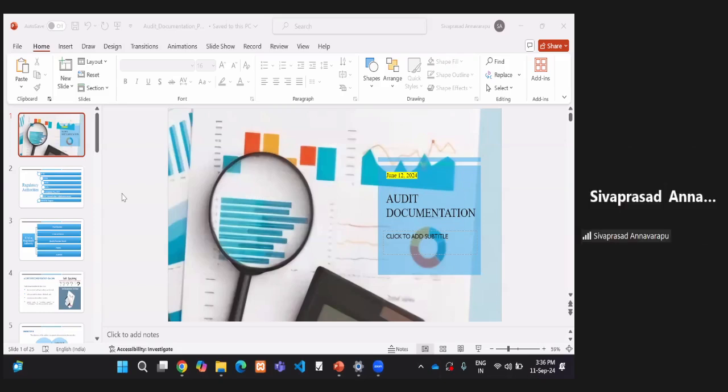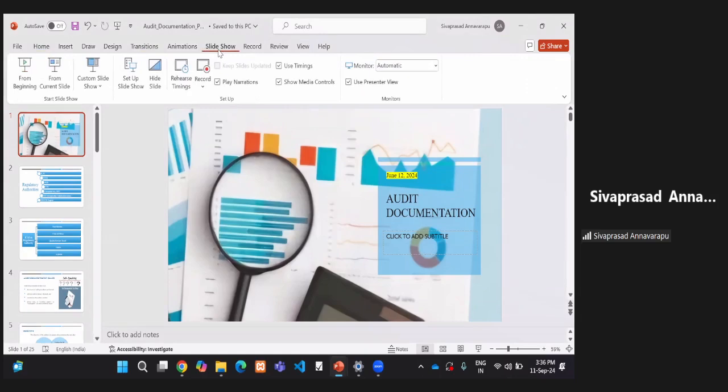Now, in my session, I'll just give a brief of the roadmap of this session. I'll take you through some of the requirements of the audit documentation, how the audit documentation is going to affect us, and what the regulatory requirements are. I'll also take the help of an audit ERP by name Any Audit, to show how we can practically implement this audit automation and see that the documentation part is automated.